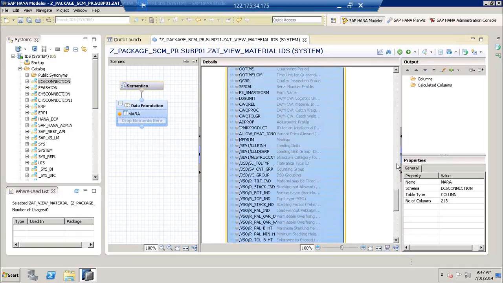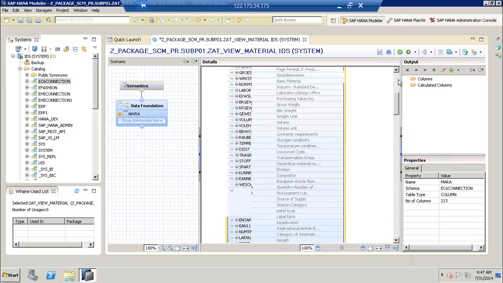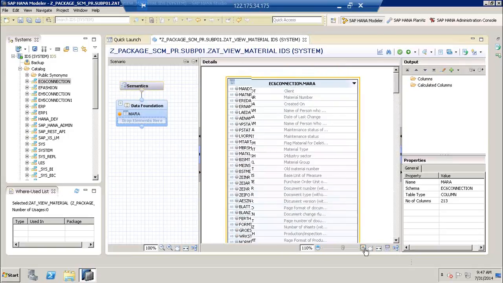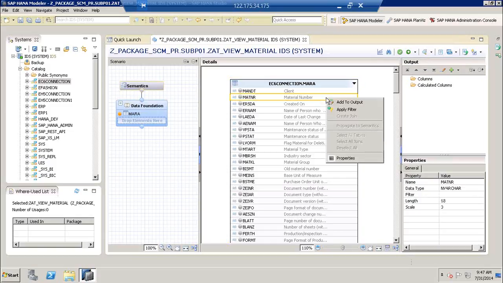Depending upon the requirements, depending upon the scenarios, you will be selecting those attribute fields from that master data table for your attribute view. In our example, we will pick up material number. So in order to pick up or select, we have to right-click here, and then there is a small context menu. Select here, Add to Output. We can also apply filters if there is a need to apply, let's say, material